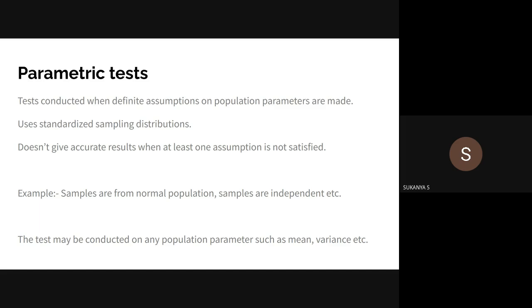Now this is just a continuation of the same introduction. The testing is done so as to reach a conclusion, some decision based on the samples that we have taken. If your data follows the assumptions that the test requires, and the test stems out of some already known standard distribution, known sampling distributions, then you could say that we are performing a parametric test. The other side is, your data is not satisfying the assumptions that are required to fit into those sampling distributions. Then you go into